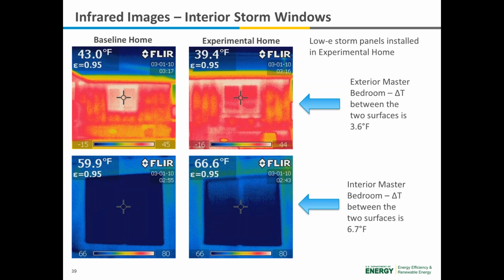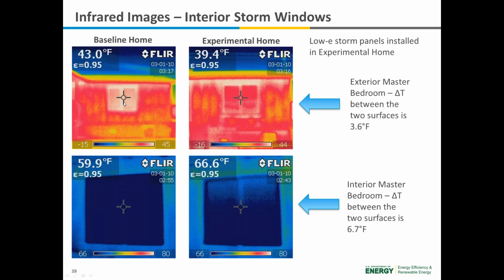So here are some simple infrared images that we have of the master bedroom. These were taken during the heating season, so in the winter, as you can tell. The first column is the baseline home, and then this one is the experimental home. The experimental home has the low E storm windows installed in them. So you can see these are the exterior